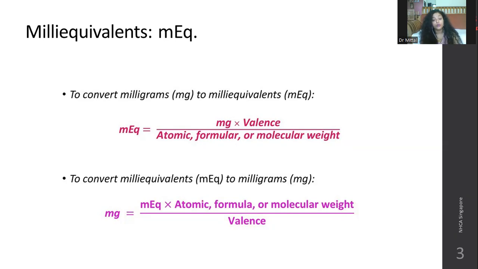So how do you get milliequivalents? You have to convert to milligrams. Milliequivalent is not microgram. The grams of the electrolyte you are going to take, multiplied by valence. Valence is, if you remember,